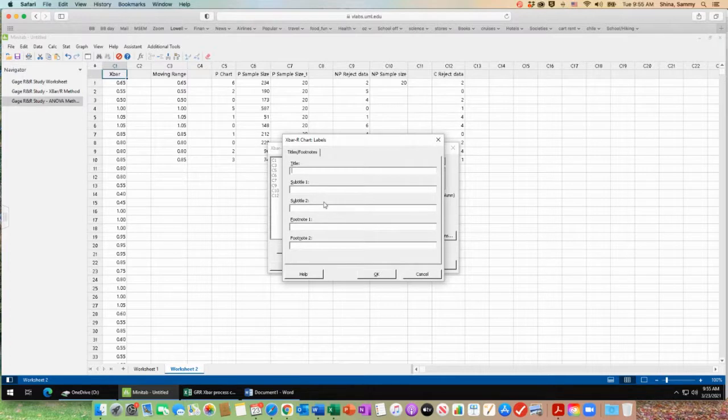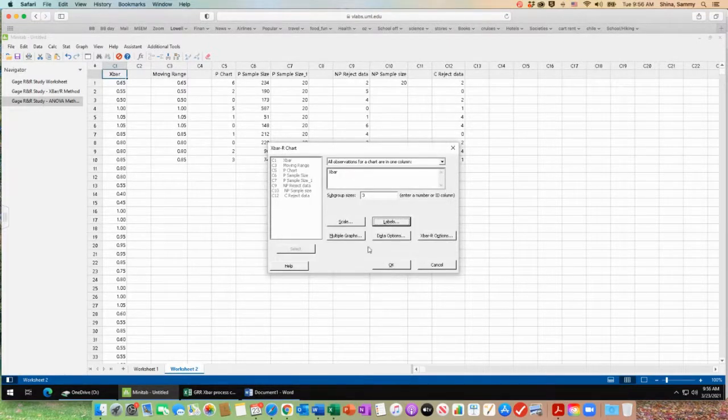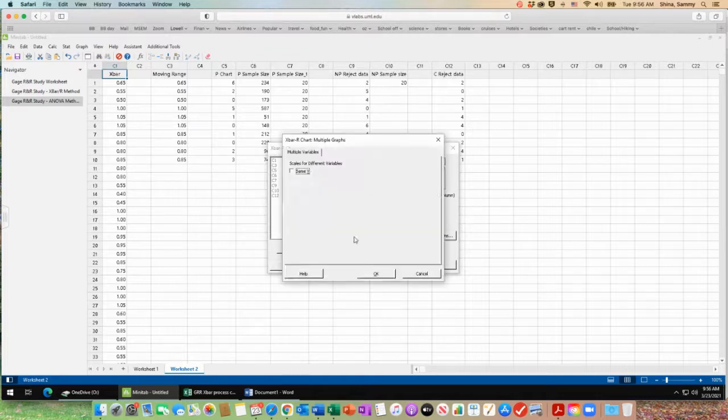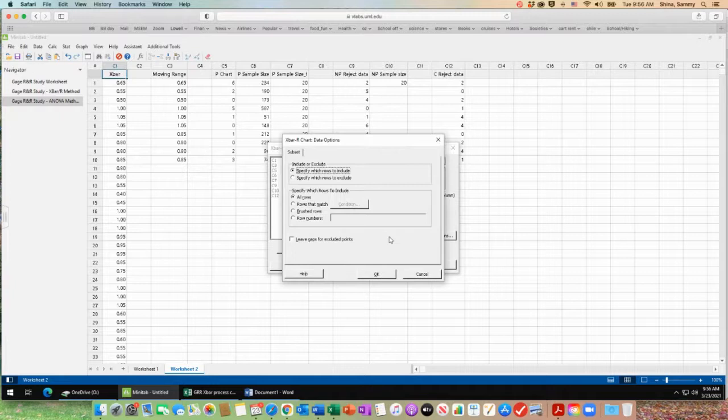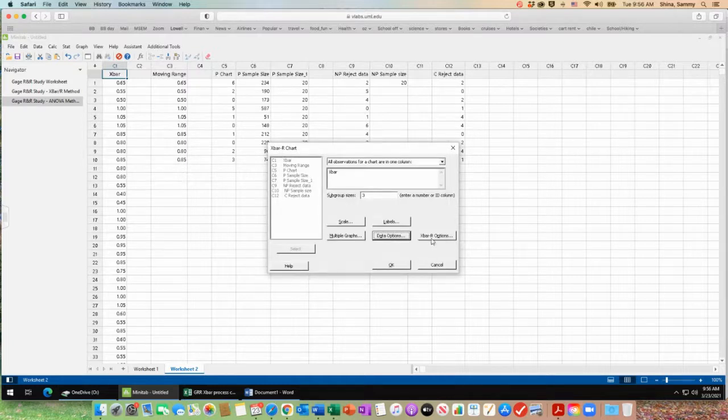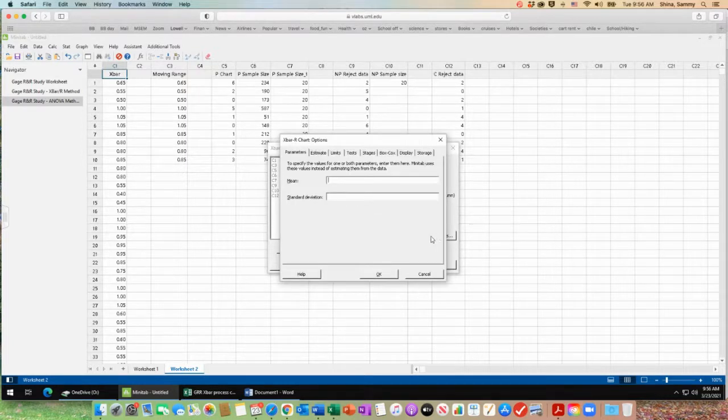And again, we want to make sure that this is Sammy Shina. I want to make sure you do that so I know you did it. Multiple graphs, sure, we use the same one, that's fine. Data options, specify which rows to use, we're not using any tricks. This is if you divide up your data into different tables. And the X bar